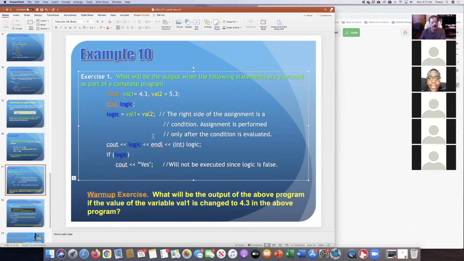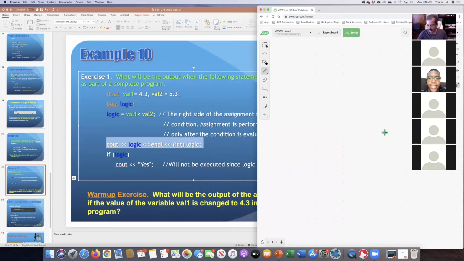Okay, right. So the values are correct, but the first value will be on one line. It'll be true. And then on the next line, there'll be a 1, because this is 1. And then on the same line, there'll be yes. Agree with that? Yeah. There's no endl after this cout, there's no endl here. So therefore, it's going to print the yes on the same line. So the output, I'm showing on the board, will be